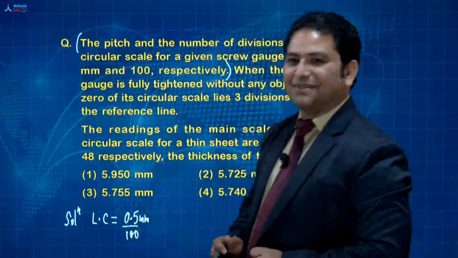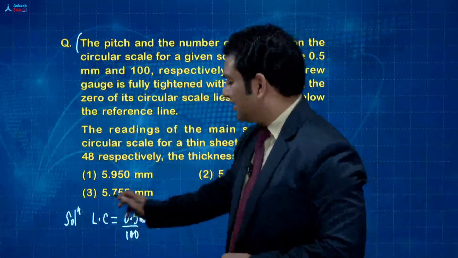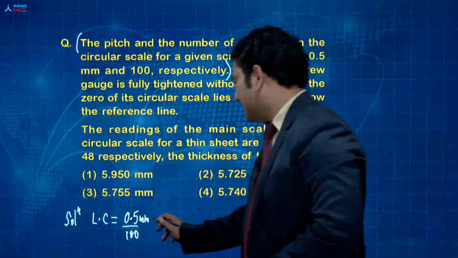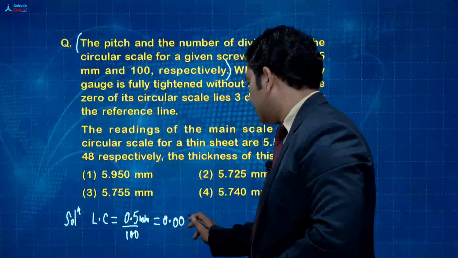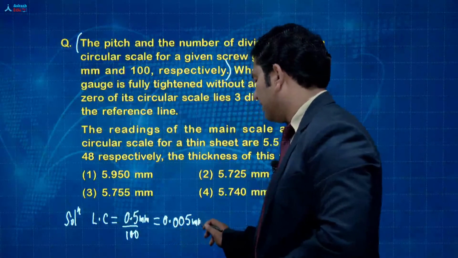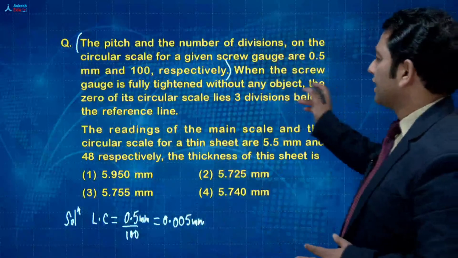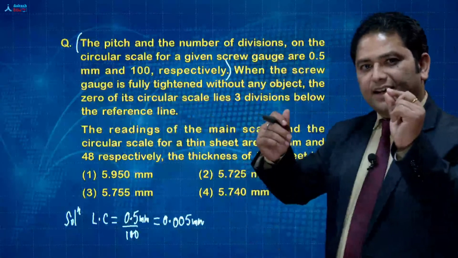Now, decimal के बाद divide करना, I find it very interesting by taking decimal tut, tut, tut. That's how we are being taught in the school days, right? So, good old days. So, 0.005 millimeter. काफी कम least count है, not a problem. आगे देखते. When the screw gauge is fully tightened, यानी कुछ भी नहीं है, fully tightened किया है, weighing machine